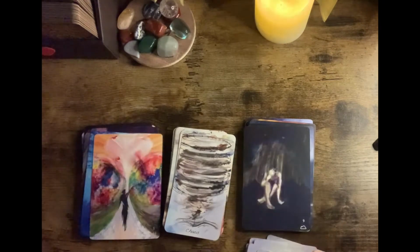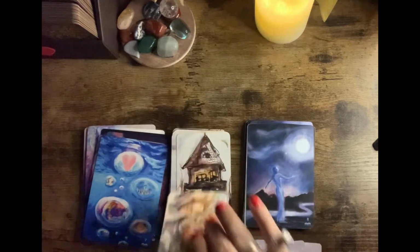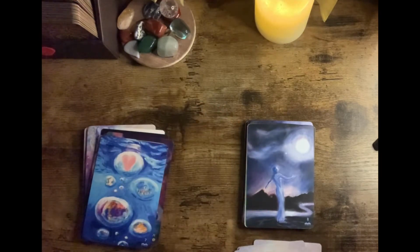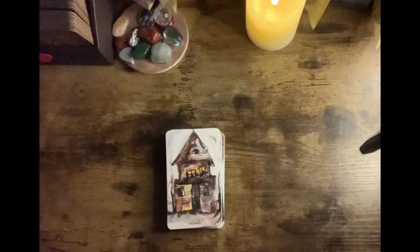Okay, so isn't that just beautiful together? Okay, now let me show you another deck that I like to use with the Oracle of Echoes. Oops. Okay, hold on. Okay, the other tarot deck that I love using with the Oracle of Echoes